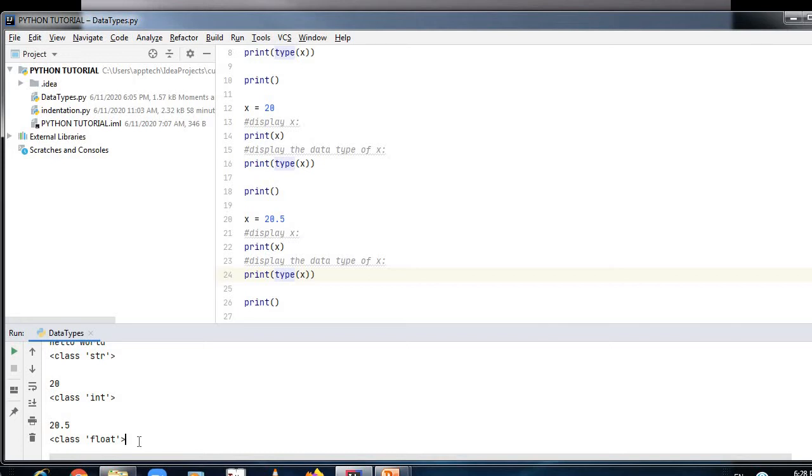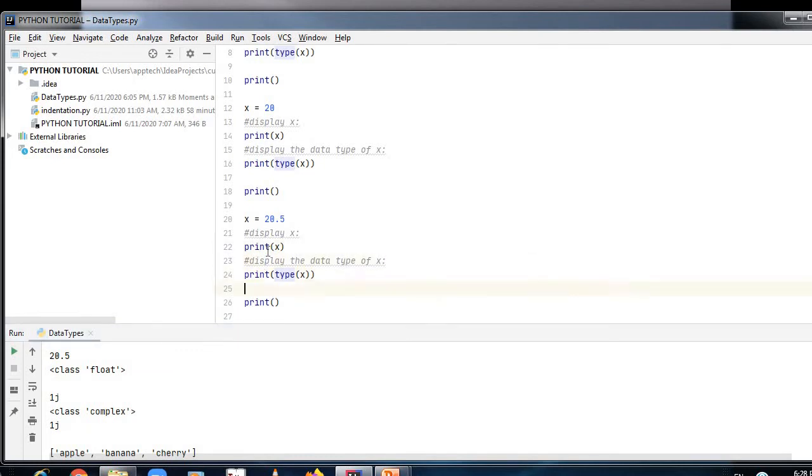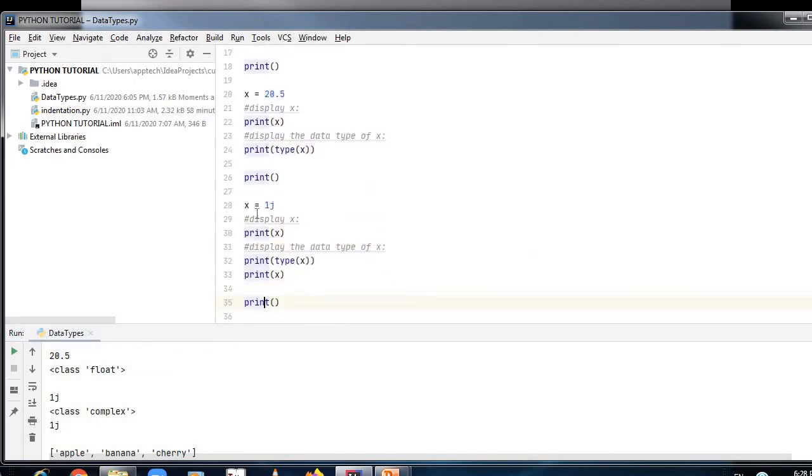Complex numbers are not used much in Python programming. Another type is the complex number. Now x is equal to 1j; it contains a string as well as a number. It will display 1j, and the type it belongs to is complex. Now we'll understand what complex is. The complex method returns a complex number when real and imaginary parts are provided, or it converts a string to a complex number. The syntax of a complex number we have just seen: real and imaginary.